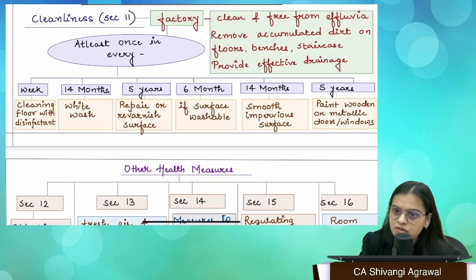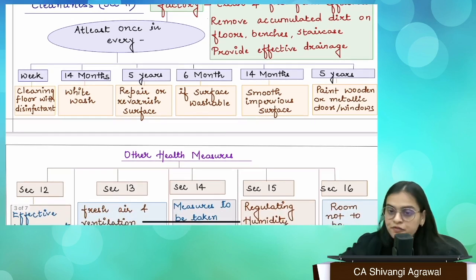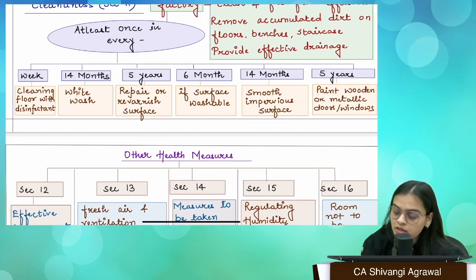Of course, ma'am. So there has to be no dust, no accumulated dirt on the floor, on the benches, on the staircase, on the passages, everywhere. So clean that dirt every day and dispose of it, right? Now, if we are talking about the floor, it has to be cleaned with disinfectant every week. So once in every week, you wash it with disinfectant, like Lysol or any other type of disinfectant that you might be using, right? Just to destroy the germs, because every day that might not be possible. Every day you must clean the floors, of course, but with disinfectant at least once in every week, right?